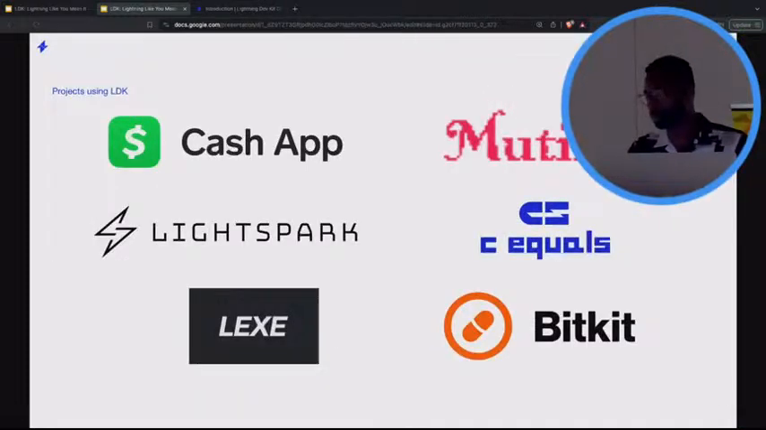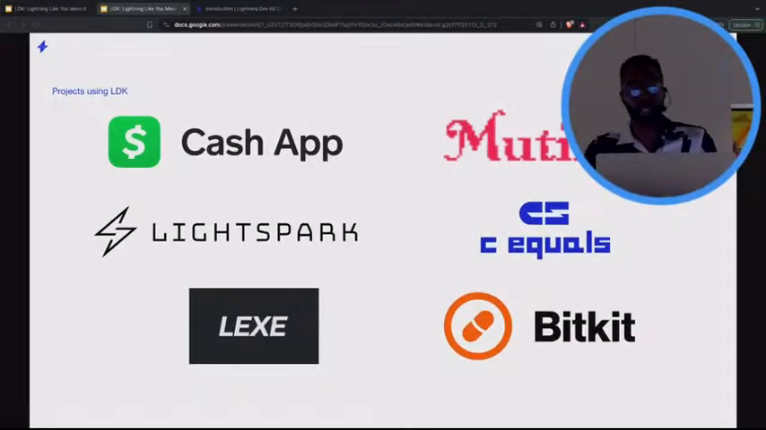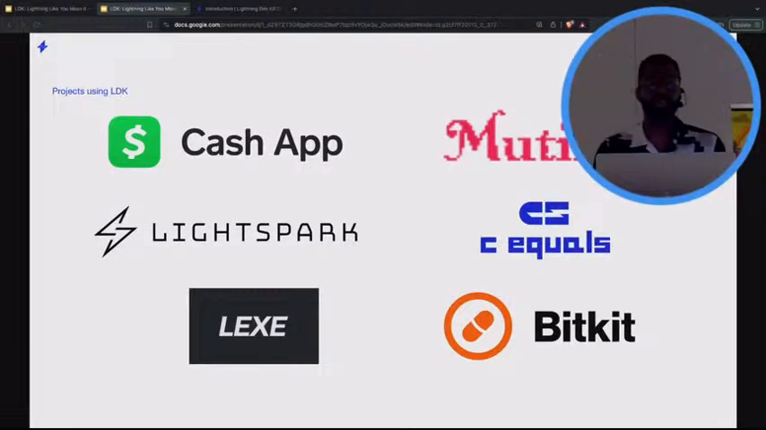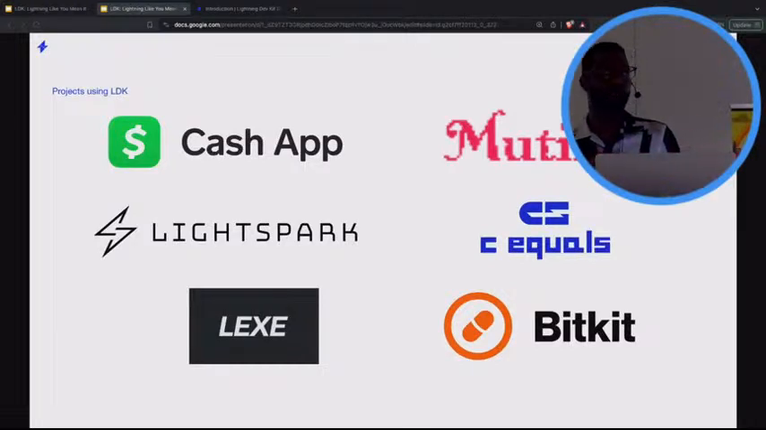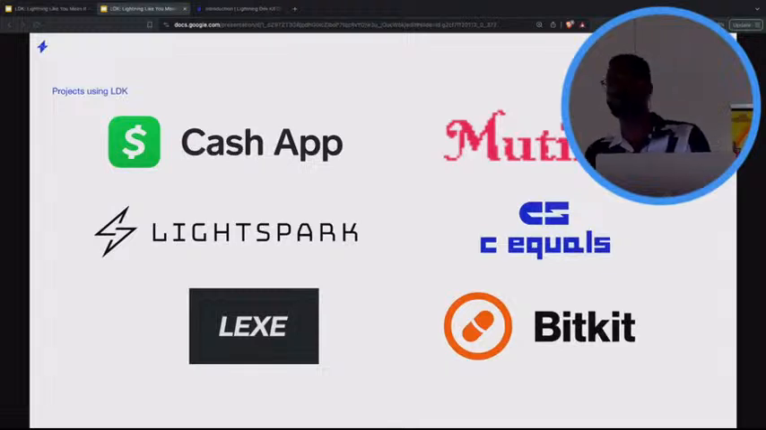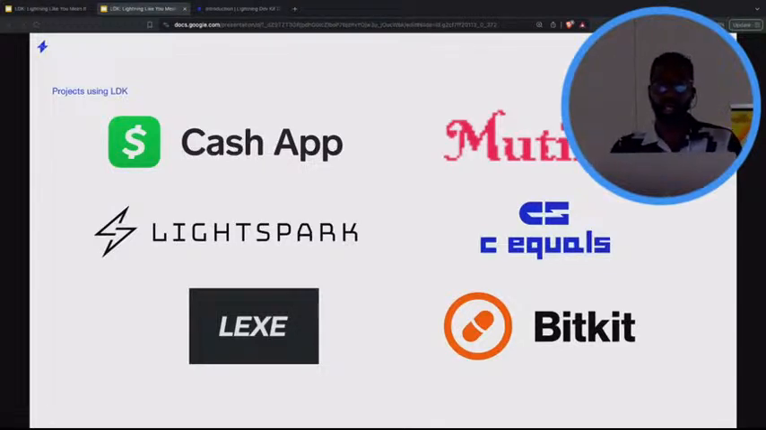So let's talk a bit about who's using LDK. The projects you see on the screen ultimately chose it for its flexibility and the ability to cater to different architectures without sacrificing security. So like I said, it has the ability to run in almost any environment. So you've got stuff like HSMs, hardware security modules, or embedded devices. This is something the VLS